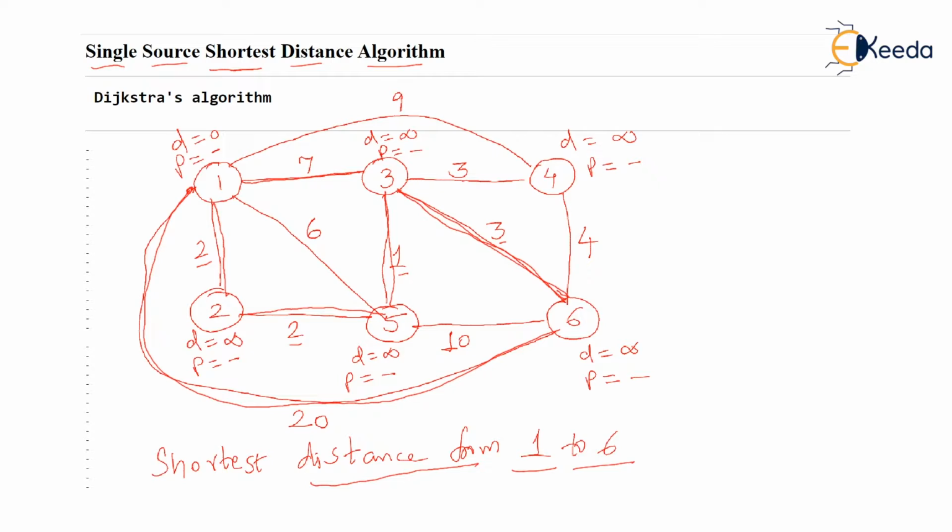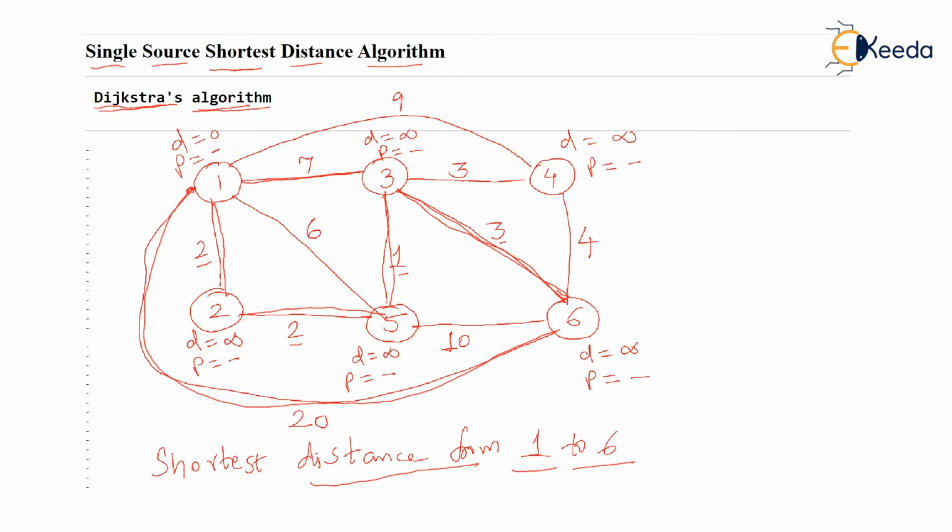As there are so many paths between 1 and 6, 1 being the source and 6 being the destination, the problem becomes difficult. Here, for such a small graph, the problem is very simple, but the complexity of the problem increases when we have a larger graph. Let's say we have a graph of 100 vertices, and we have been given a source and destination, and we want to find out shortest distance from source to destination. Now Dijkstra gave an excellent algorithm to find out shortest distance from source to destination. We call it Dijkstra's algorithm.